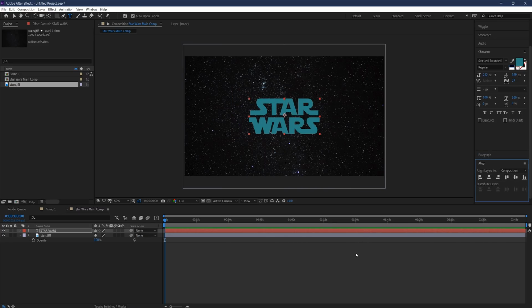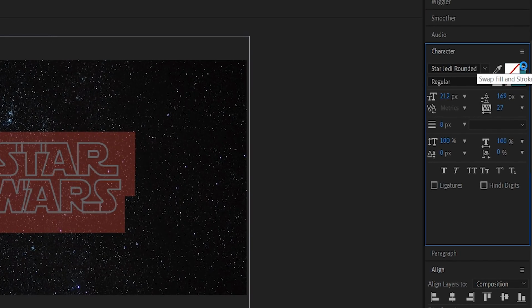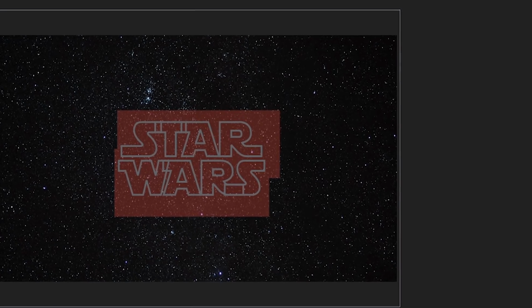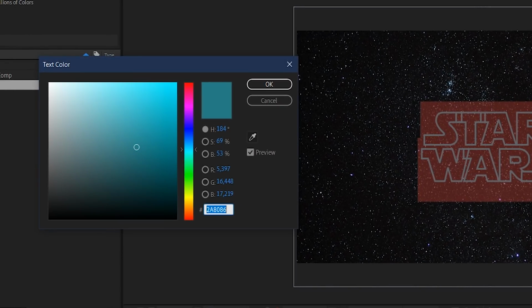This will come in a solid form originally, but by highlighting the text and then swapping fill and stroke with this option up here under character, you can give it an outline only. And if you want the exact same yellow color used by Disney in the newest Star Wars films, again, I sampled the original film and the hexadecimal code is here,